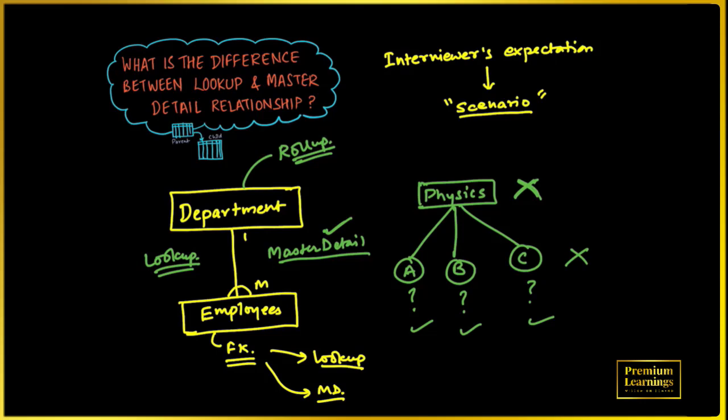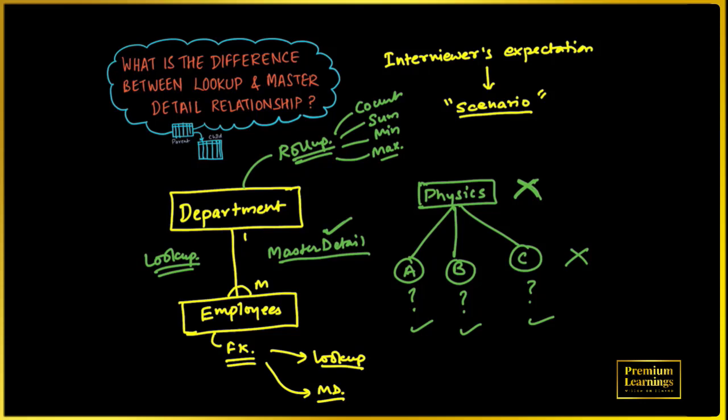You can calculate the count of child records. You can also calculate the sum of certain fields. You can calculate the maximum value on the child records, and you can have the minimum value of the child records. That means you can have a count, a sum, a minimum value, and a maximum value on top of a parent record.